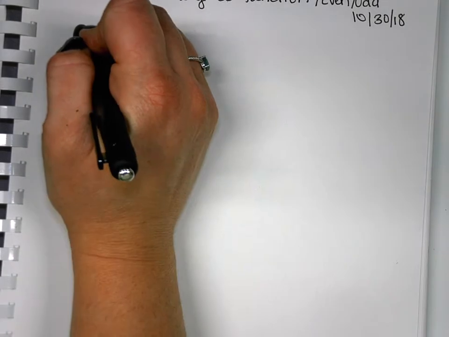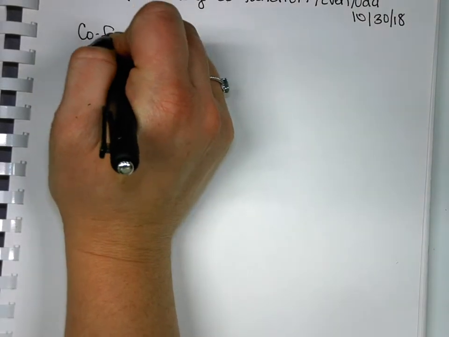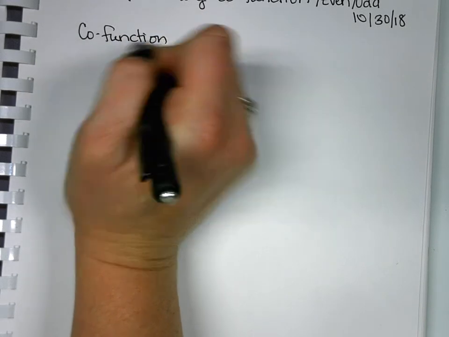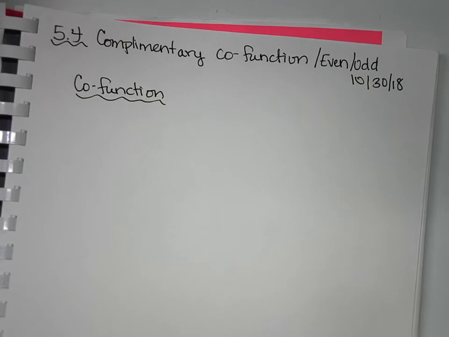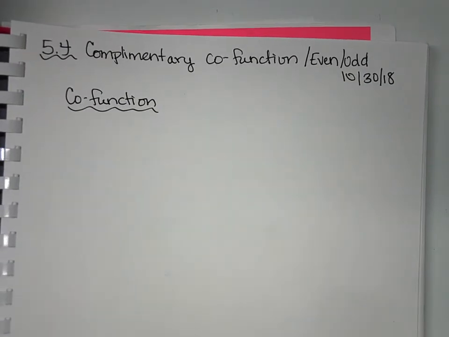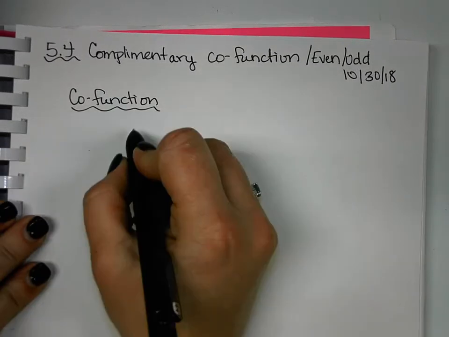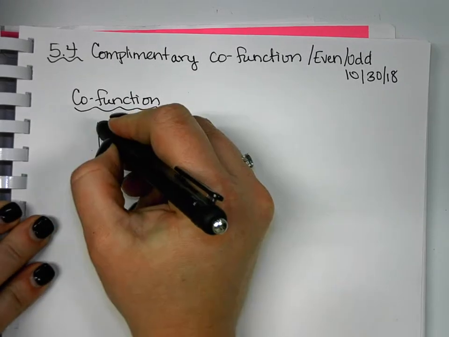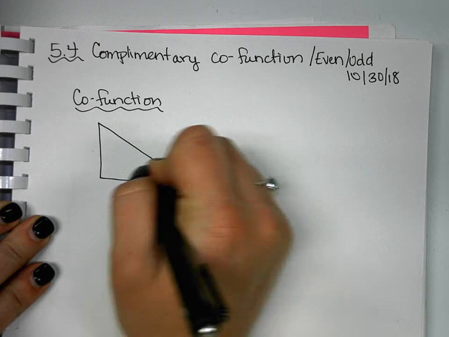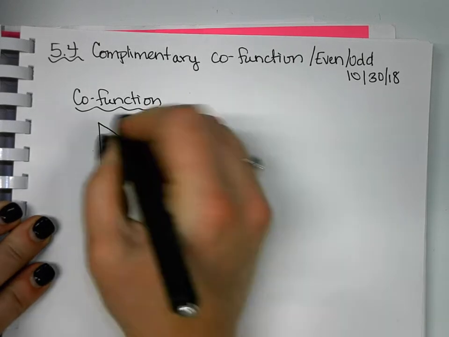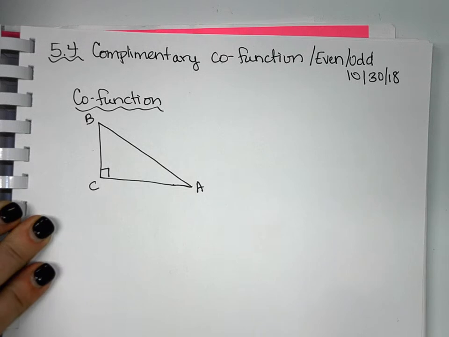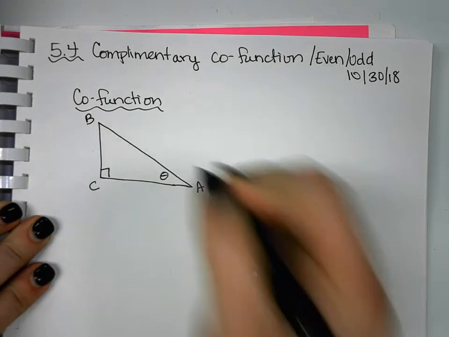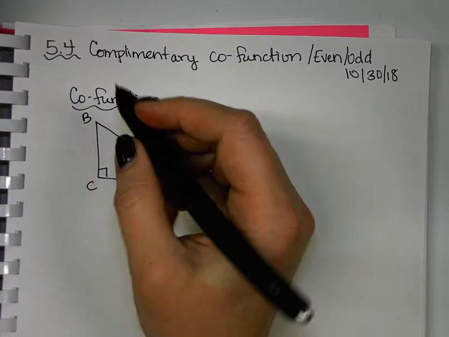So the first thing that we have are cofunctions. Now, you might not have heard of these as cofunctions, but you actually did something with cofunctions back in Math 2, and it might help if you can see what I'm talking about. And so when you were in Math 2, when you were first learning sine, cosine, and tangent, we would have triangle ABC, and we would pick an angle A, and I'm going to call that my theta,